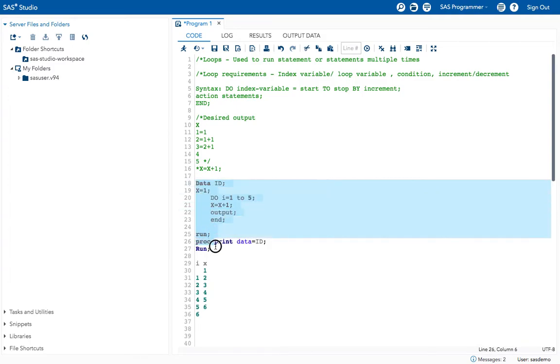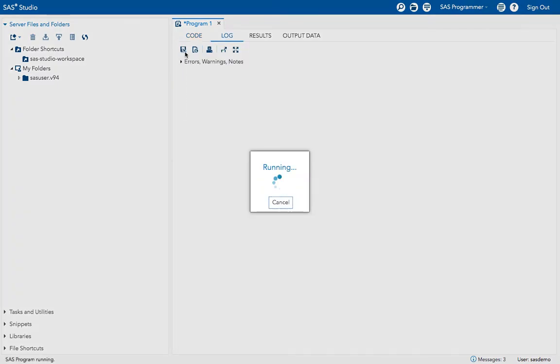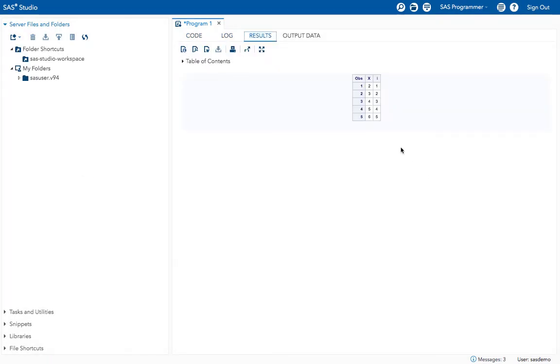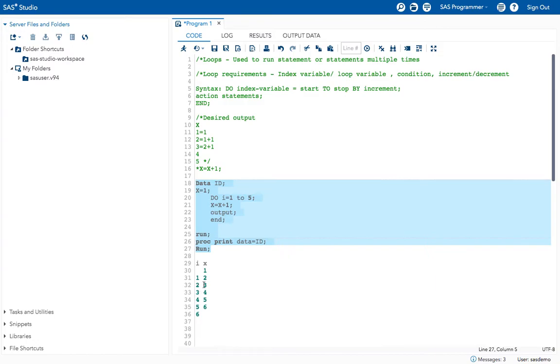Now execute the program. See, now I got all x and i variables. What are the x and i variables? 2, 1, 3, 2, 4, 3, 5, 4, 6, 5. Is that what I got here? See, 2, 1, 3, 2, 4, 3. This is our end result.